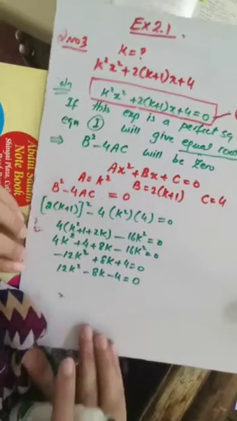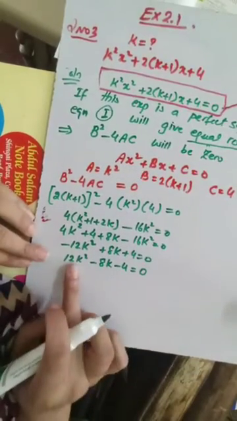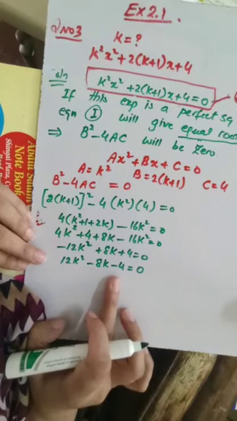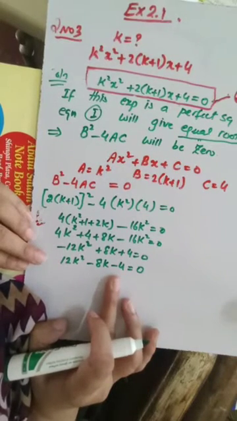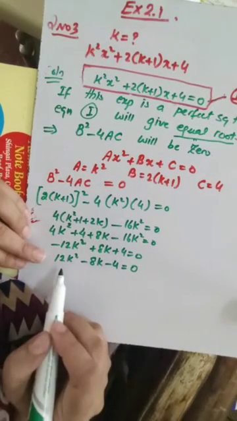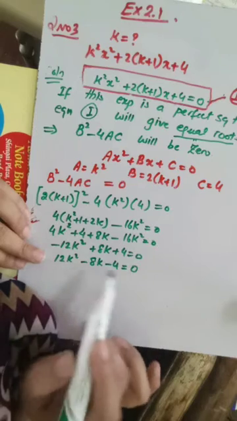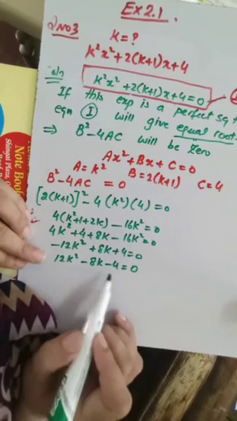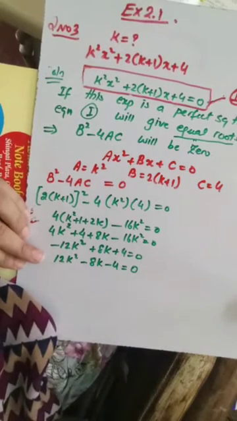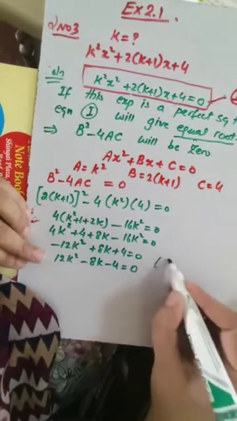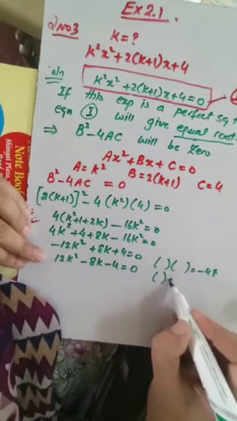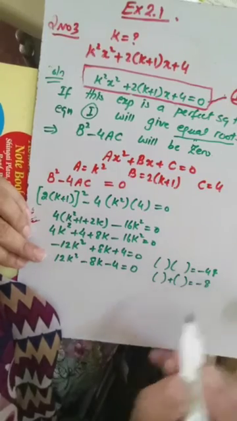Now if I want to solve this, we have to find the value of k. Over here we can use the quadratic formula, or any technique that we have used in finding the solutions of a quadratic equation. Let me see if we can find it by the splitting method. 12 into 4 is 48. Can we find two numbers whose product is negative 48 and whose sum is negative 8?